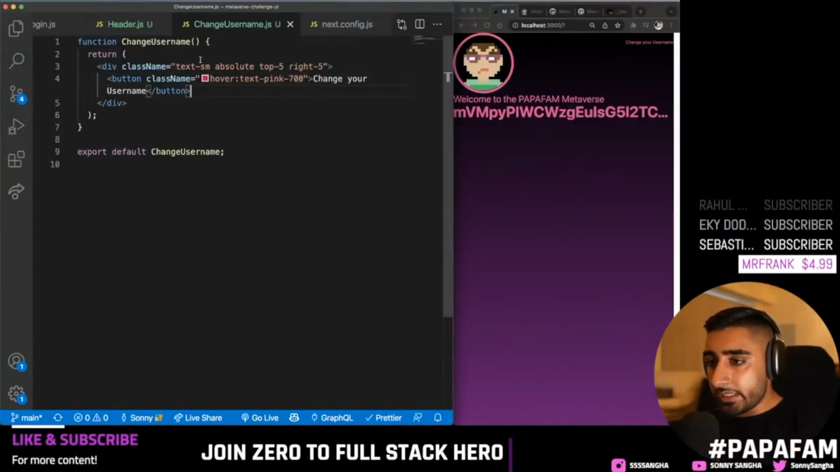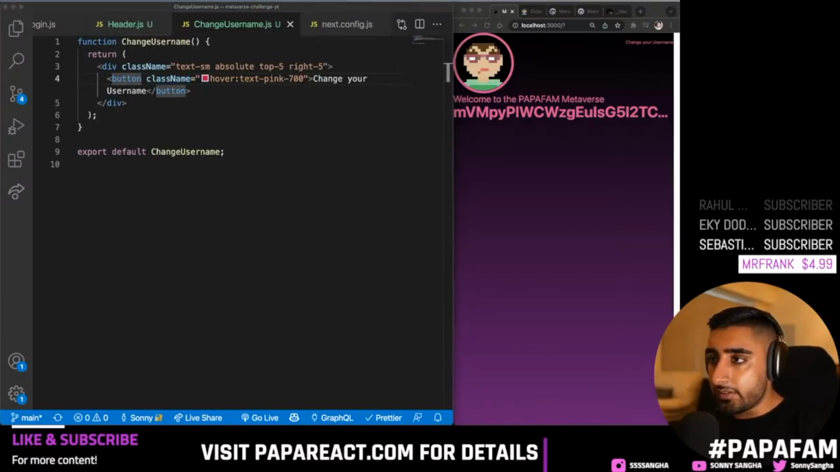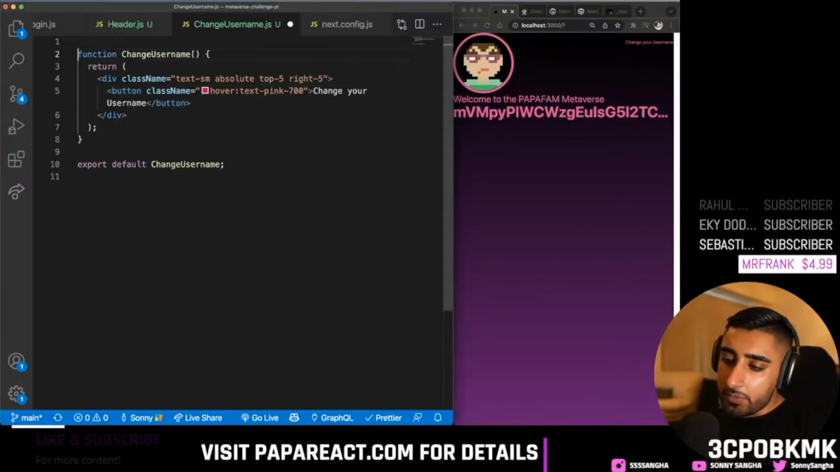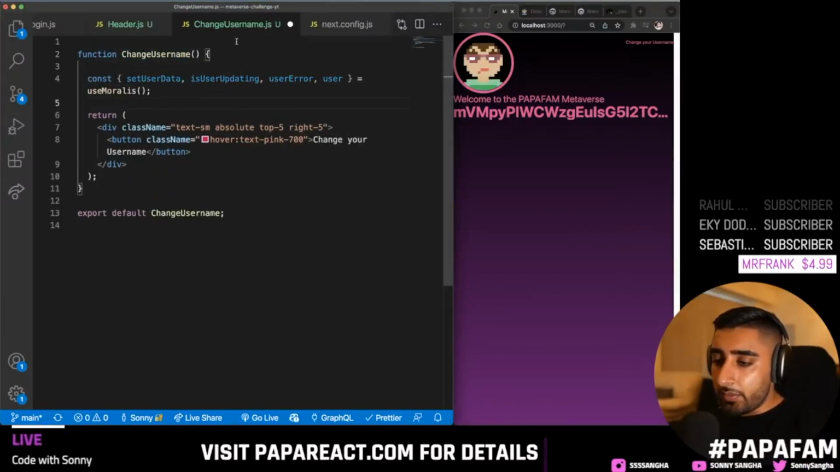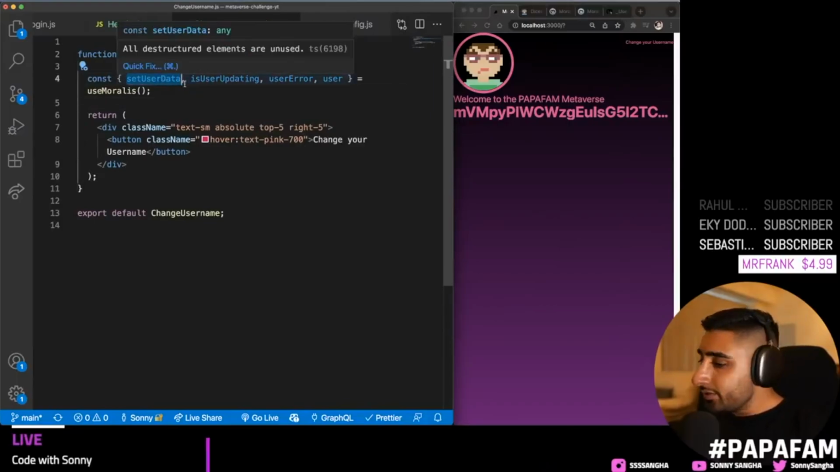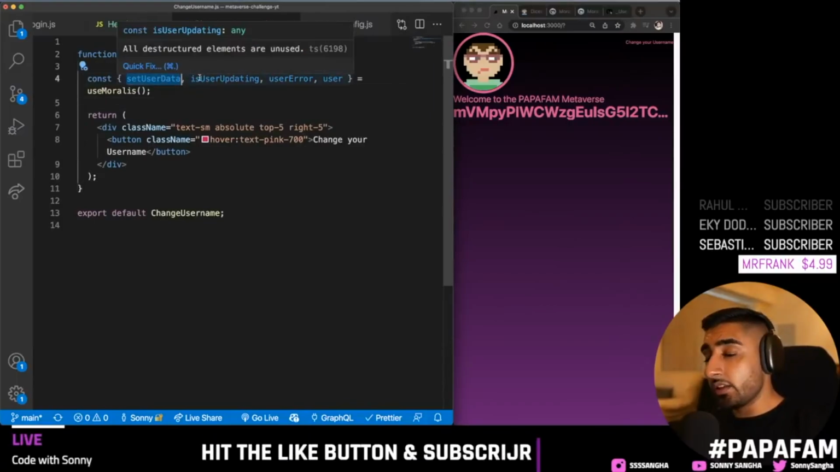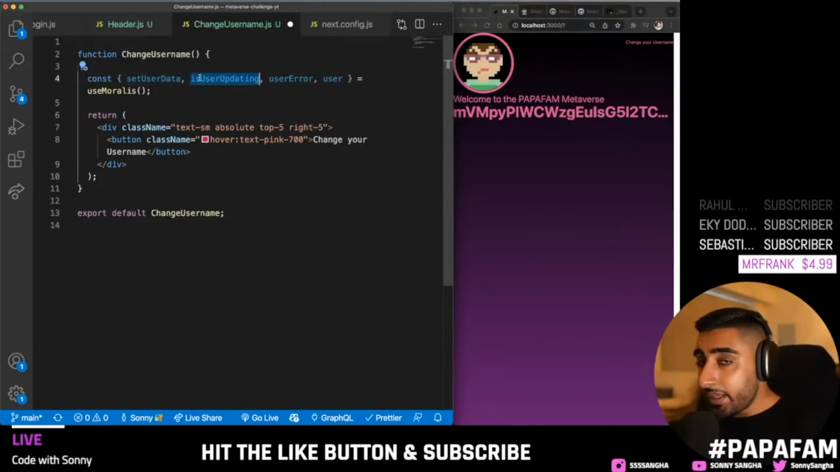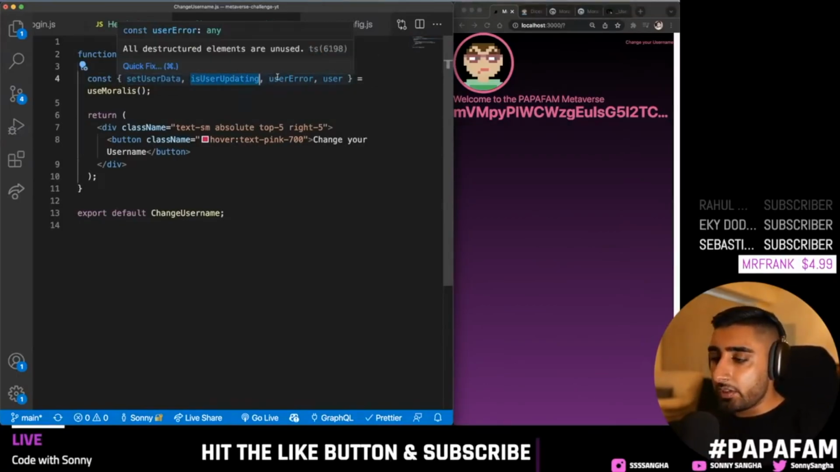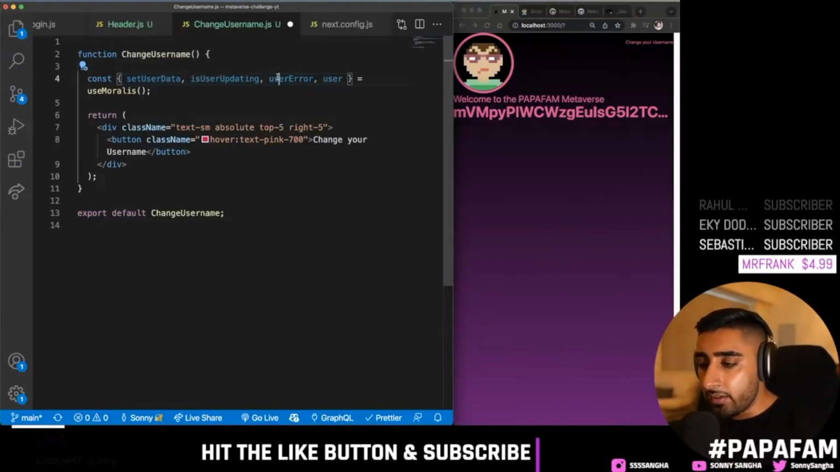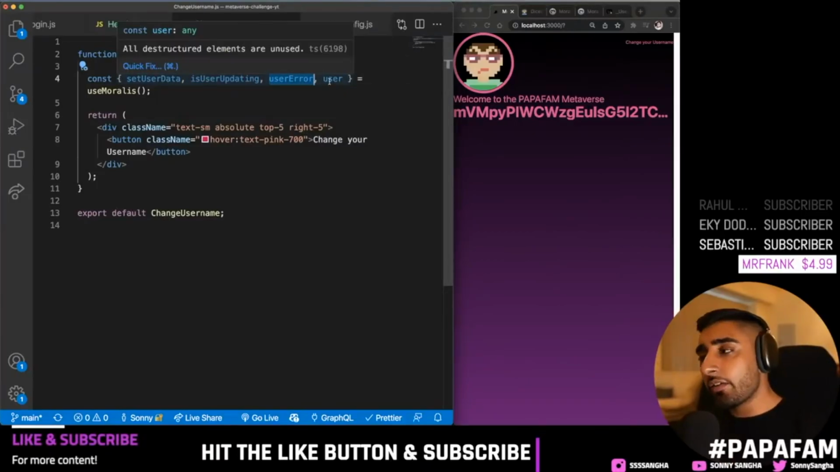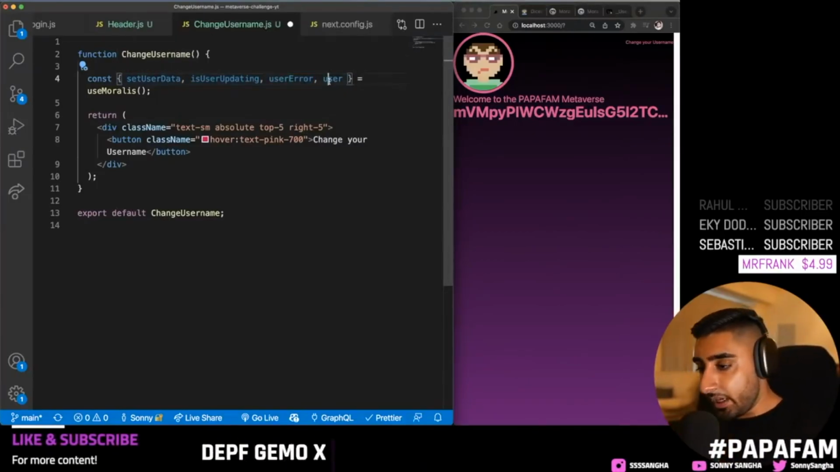So we've got this looking pretty nice. Now I'm actually going to do something pretty nice. I'm going to pull in Moralis, but I'm also going to pull in a few additional things which we haven't seen before. So I'm going to pass in setUserData, which is a handy function for setting the user's information. isUserUpdating is a very handy one we're going to use to block the person spamming the button. userError provides an error if anything went wrong while we're updating the user, and the